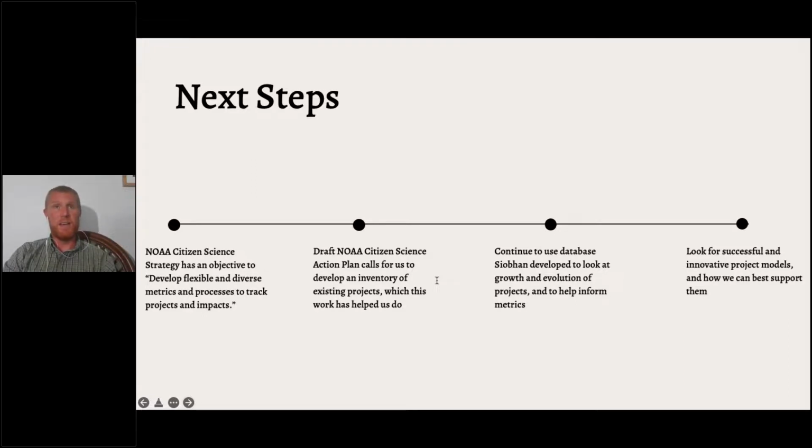There are projects that have known volunteers, and there are projects that have unknown and anonymous volunteers, and sometimes even unknown numbers of volunteers. So developing metrics is a serious challenge. And so we currently have our draft for our NOAA Citizen Science Action Plan, which I mentioned earlier, which is